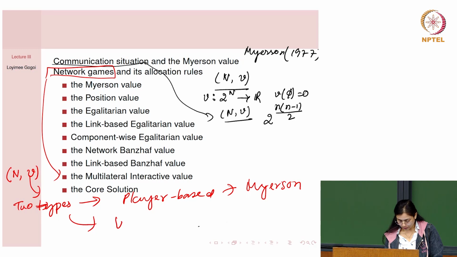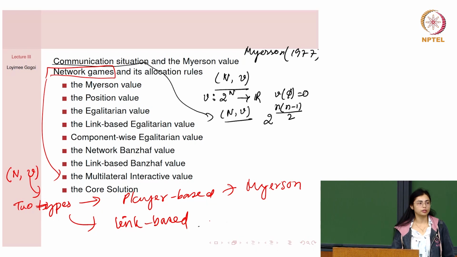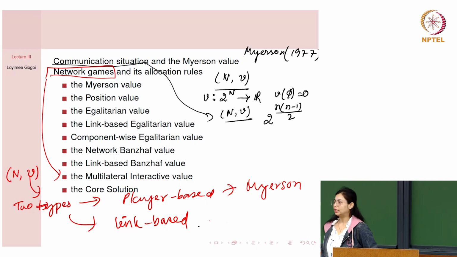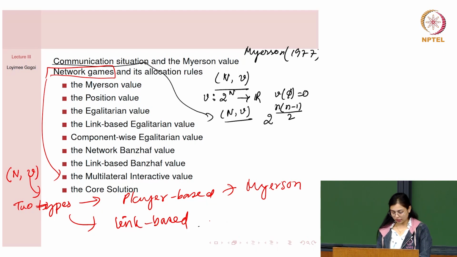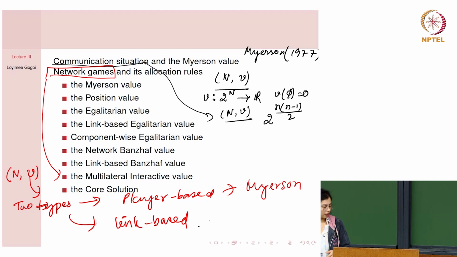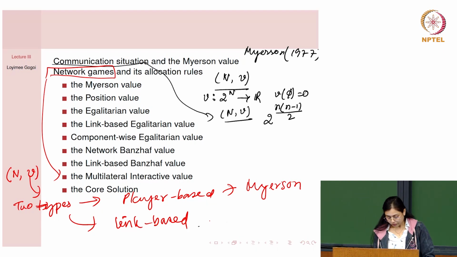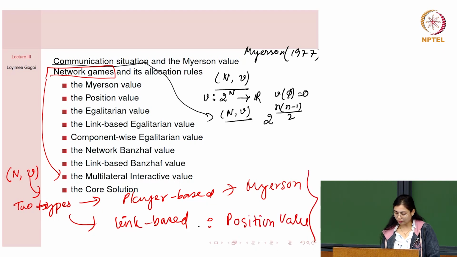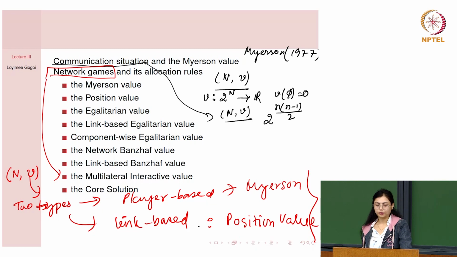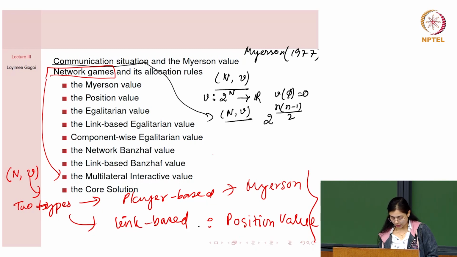we talked about link based. Then we consider each link as a hypothetical player, and we define a link game, and then we allocate to the links first, what the allocation is for each link, then we distribute among the players. So then we talked about the position value, right? These both are based on the Shapley value. Okay, so then we have a characterization based on the class of